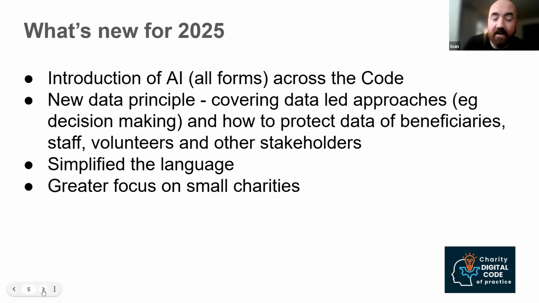Yeah, a couple of things. One I maybe personally liked was that we introduced some advice on integrating your tech, which I think was super important, because a lot of charities in the user research said they struggled with that element, getting the right tech into their current digital ecosystem. And again, procurement. So tech procurement, because everyone's trying to sell everything to everyone, and there's so many platforms, and it can be quite difficult to make the right decision. So if you have a look through the code, you'll find some information on that. And I thought that was super helpful and completely reactive to voices that we heard in the sector. So that's good. Yeah, that's brilliant.